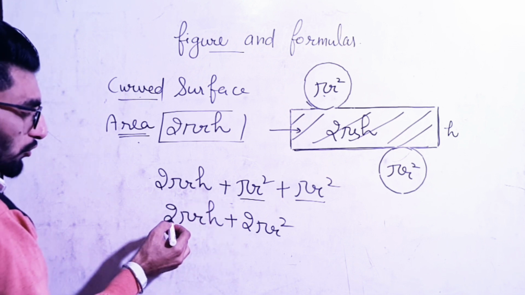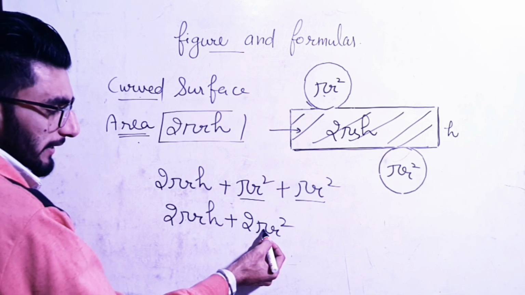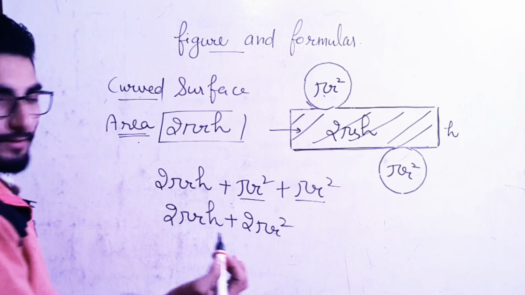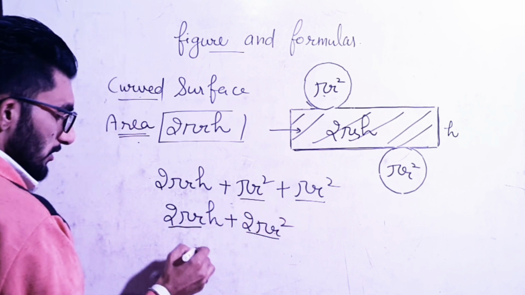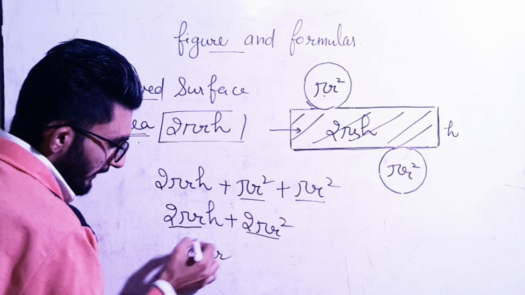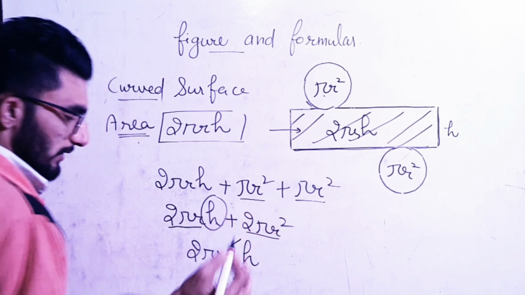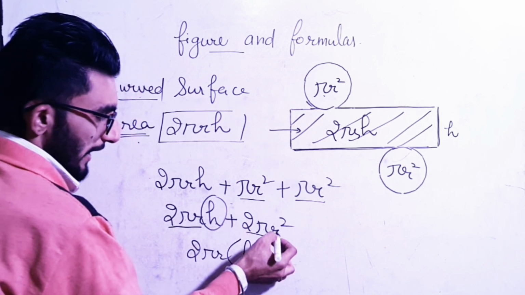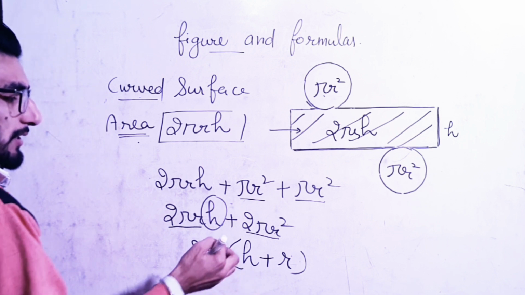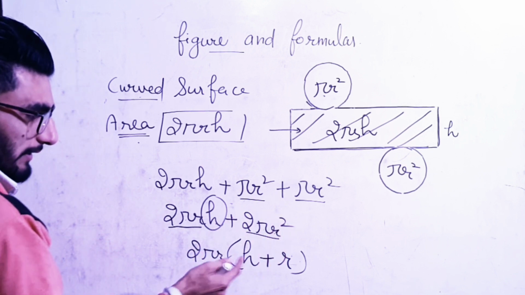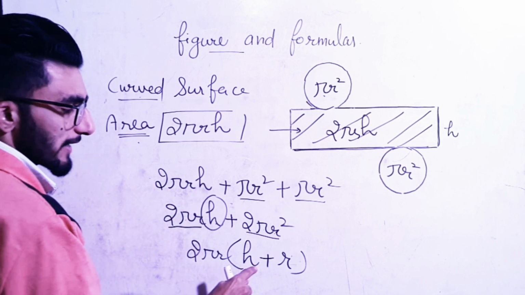अब इसमें क्या है? 2 multiply pi multiply r multiply h. So this is 2 multiply pi multiply r multiply r. ठीक है, so इसमें से कॉमन क्या निकालना है? 2 pi r. So let's find it. So we will get here 2 pi r and here what thing is left? Here we have h. Done. h plus and what is left here? 1 r because here we have r square. ठीक है, क्योंकि यहाँ पे r square है, एक r बाहर निकाल लिया, so we will get only 1 r here. So formula is 2 pi r (h plus r).